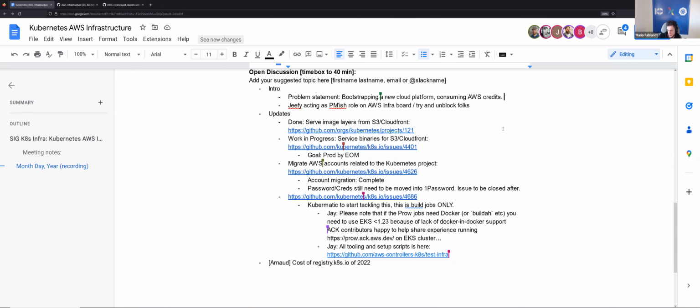And this will also work into the proposal that we want to give eventually in the next official SIG K8s Infra meeting, the next non-AWS migration meeting.